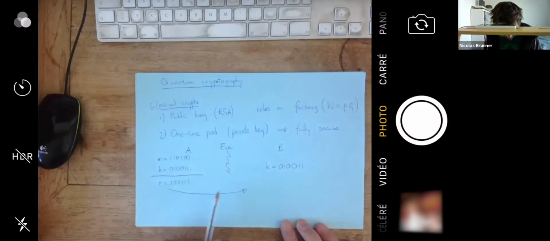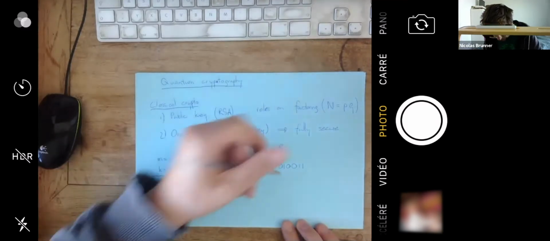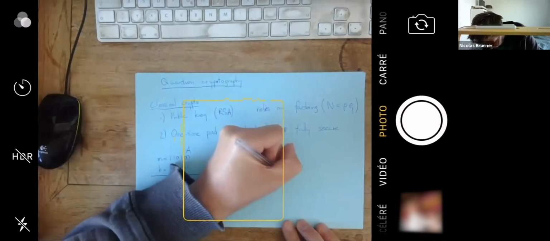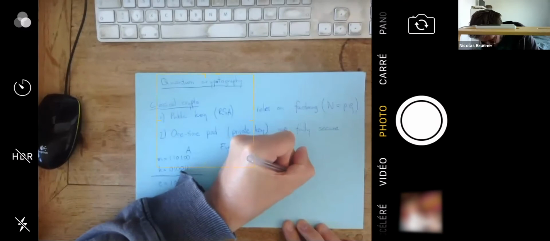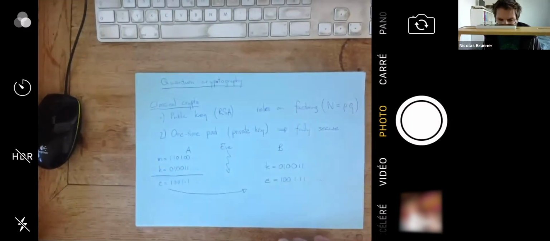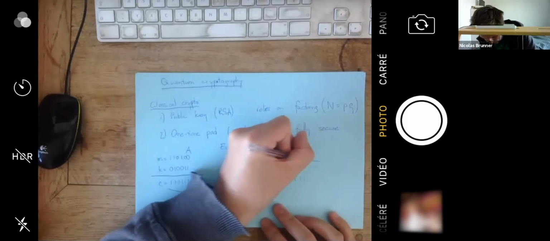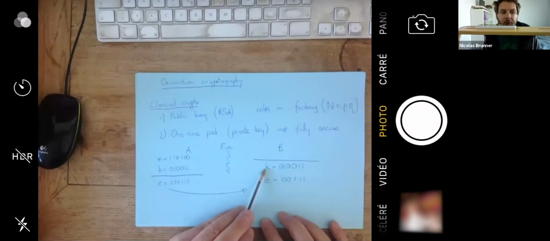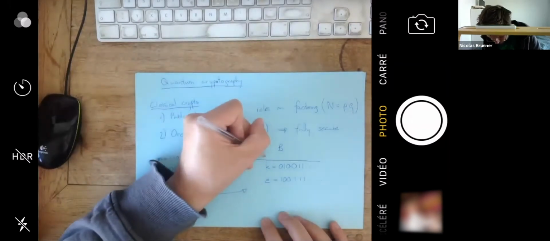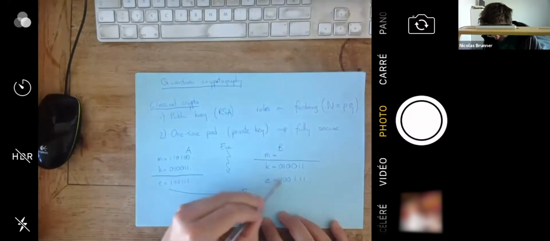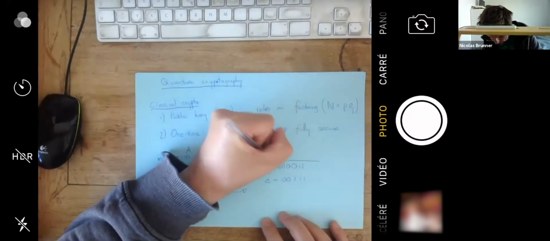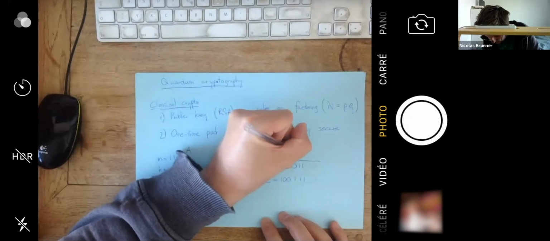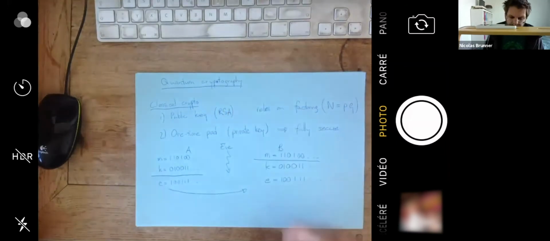All right, so now we have this encrypted message that is going to Bob. So we can rewrite it here. This is a 1, 0, 0, 1, 1, 1. Okay, and now to end our one-time pad protocol, Bob, from the encrypted message and the key, will reconstruct the message. And now it's very simple. I do again addition modulo 2. So I have a 1, a 1, a 0, a 1, a 0, a 0, and so on. Okay? And it's clear why it works.